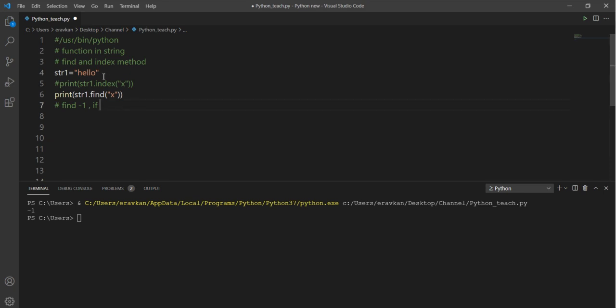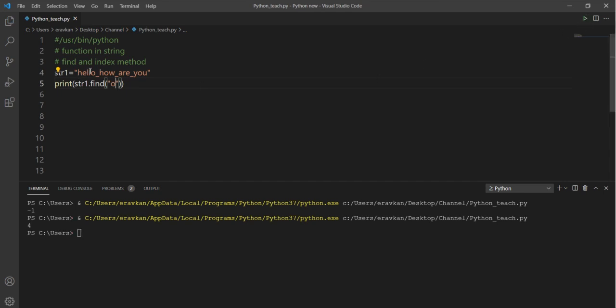One more thing, suppose in my string I have hello, how are you. If I try to find the position of O in my string, it will give you the first position where it is encountered. So suppose I want to get the position of this second O, then what can I do?